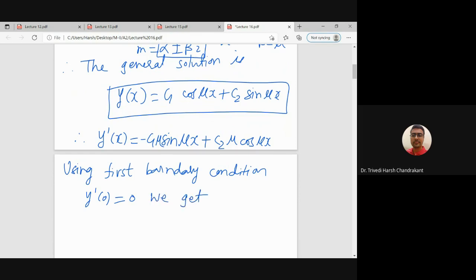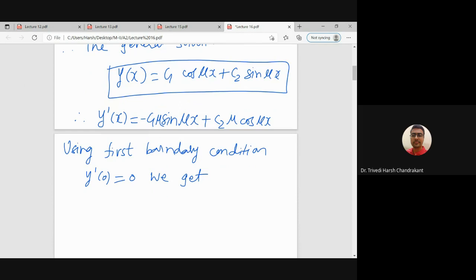So what shall we get here? If we differentiate and substitute 0, we get 0 equals to y dash 0 is equals to, yeah, so we know sine 0 is 0, right? And cos 0 is 1. So that means we shall get mu into C2, right? So if we use this equation, we are getting mu into C2, and then we know